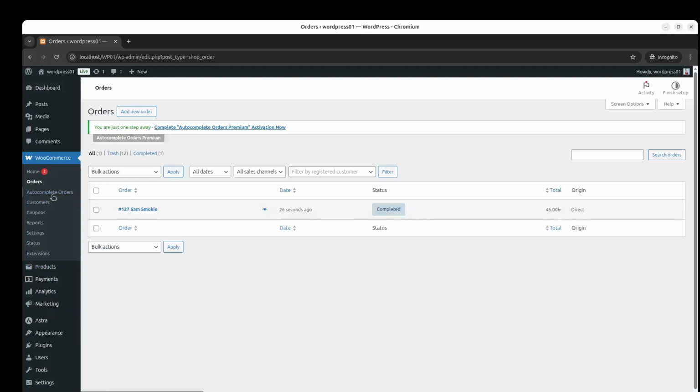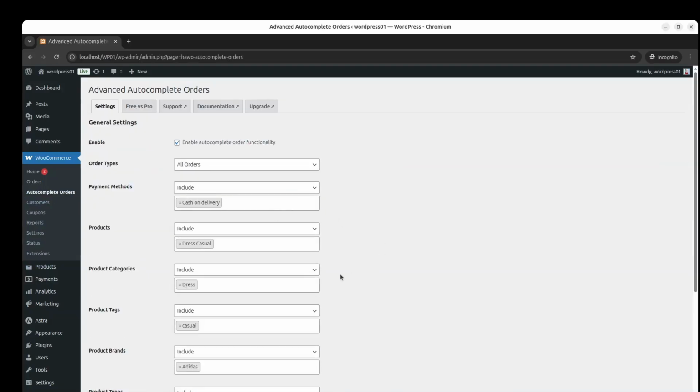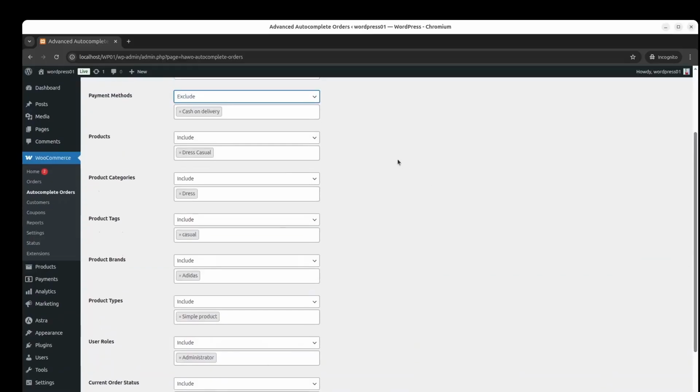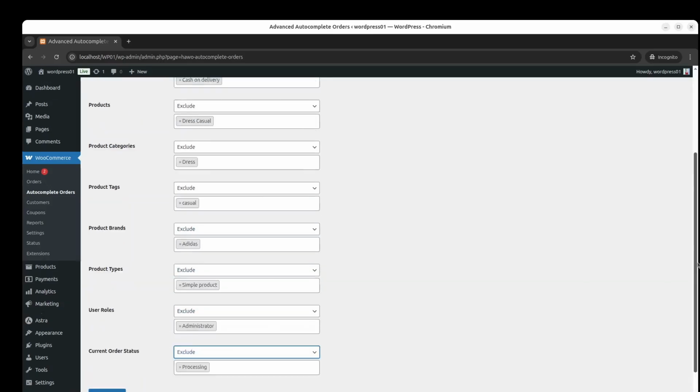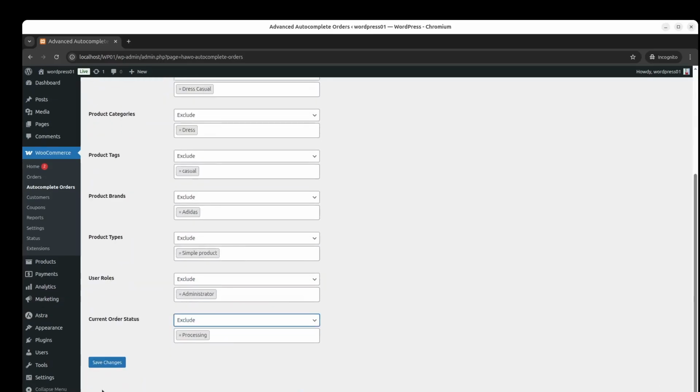Now we will see what will happen if we want to exclude some features. So we are going to exclude the same product. We are excluding the category, the tags, the brand, the product types. We are also excluding the user role and the current order status. Now if we click Save Changes,